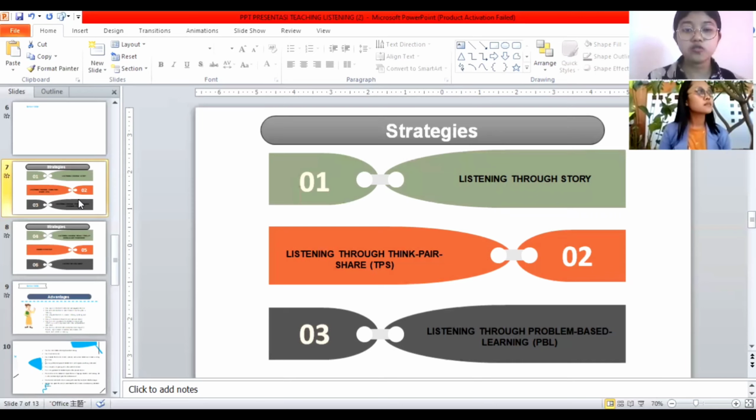The sixth one is students make a list of things they need to know based on the data and knowledge that support the solution. The seventh one, students write down the solution along with documents that support it, and submit them to the teacher. And the last one, students present, define and account for the data they have found by showing certain evidence. All right, everyone, I think that's all about my explanation.